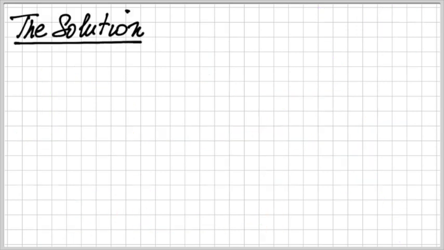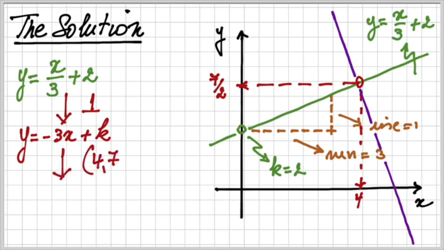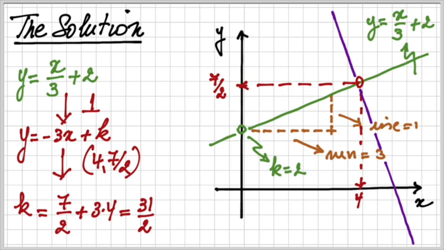So when we look at the solution here, we have the equation y is x divided by 3 plus 2, which is the original equation. We have the perpendicular line, which is y is equal to -3x plus k. And we can replace the x and the y by the coordinates of the point, (4, 7/2). So we see that 7/2 is equal to -3 times 4 plus k. And when we bring k to the left-hand side and all the other elements to the right-hand side, we can see that k is equal to 7/2 plus 3 times 4, which is in fact equal to 31/2,